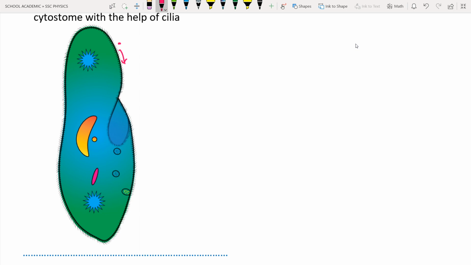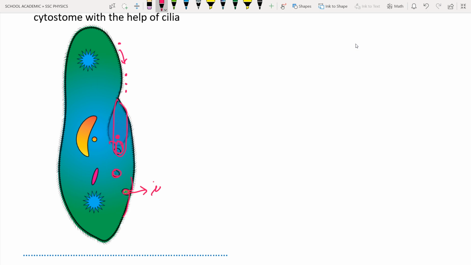This is the bacterium. This bacterium will be pulled into the oral groove. Can you see this oral groove? Due to the continuous motion of the cilia, the bacterium is pushed towards the oral groove of the paramecium. After that, when the bacterium is received into the oral groove, it is going to form a food vacuole, and in the food vacuole the digestion will occur. After the digestion, the food vacuole will again meet with the plasma membrane of the paramecium, and this will be expelled out.